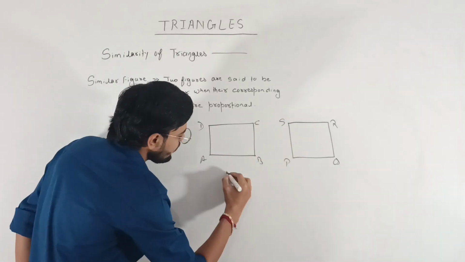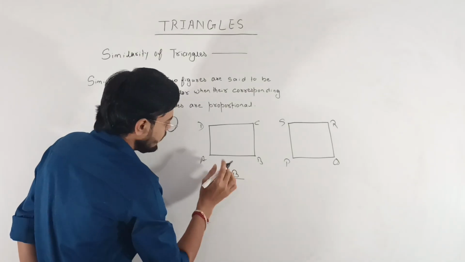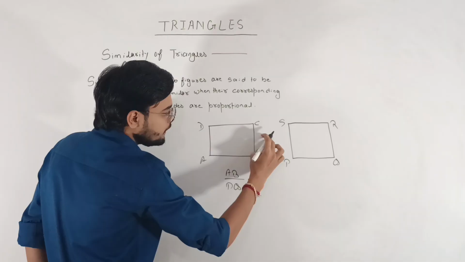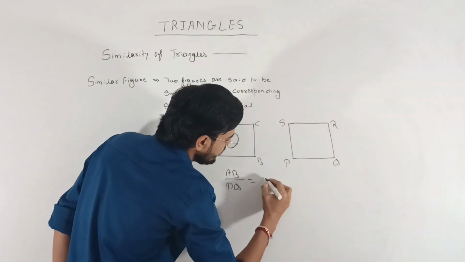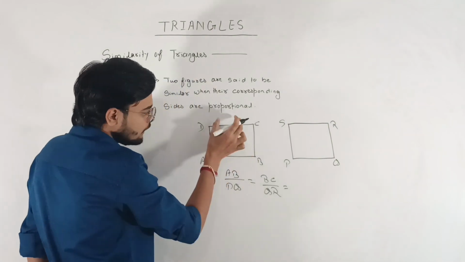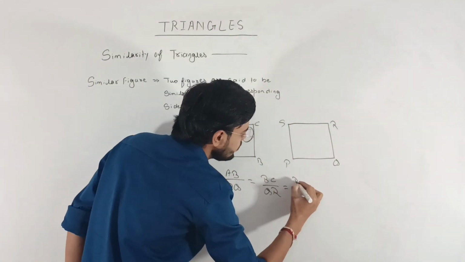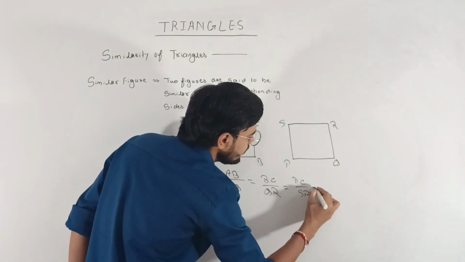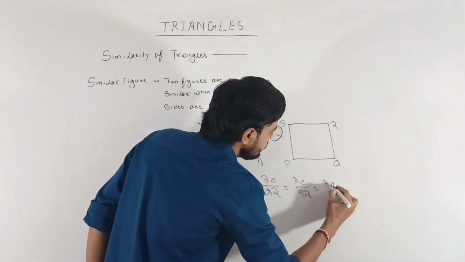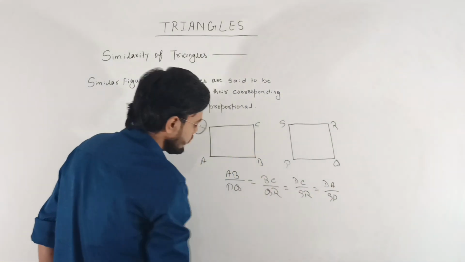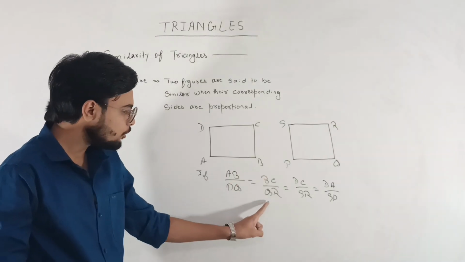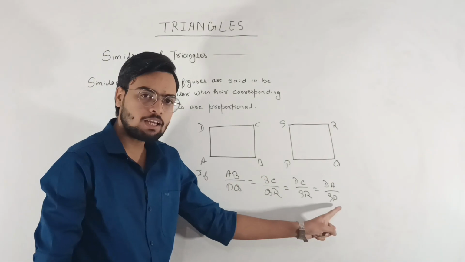Side proportional means AB upon PQ is equal to BC upon QR, BC upon QR is equal to DC upon SR, DC upon SR is equal to DA upon SP. Okay. Now look, if AB upon PQ, BC upon QR, DC upon SR, DA upon SP are